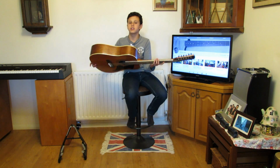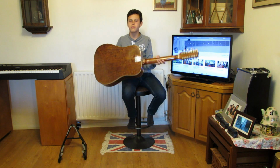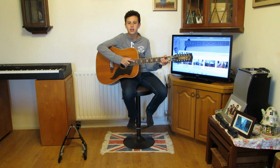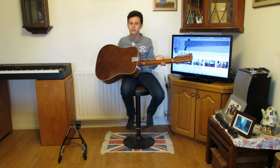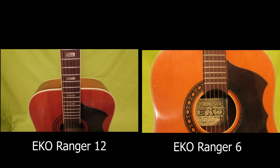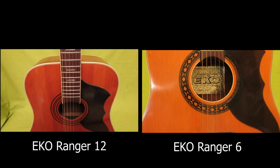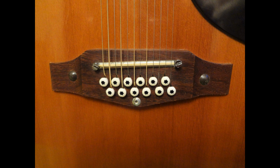This example, as you can see, has beautiful figured mahogany back and sides with a thick spruce top, pearl inlaid rosewood fretboards and a 3 laminate alternate grain mahogany neck for strength with a thick cellulose lacquer finish. The Ranger series, rather unusually for an acoustic guitar, has a bolt-on neck, an adjustable bridge, and riveted restraints which can easily be set up for a low action. It is the material, amazing strong build quality, thick finish and design which give the vintage Eko Ranger such an